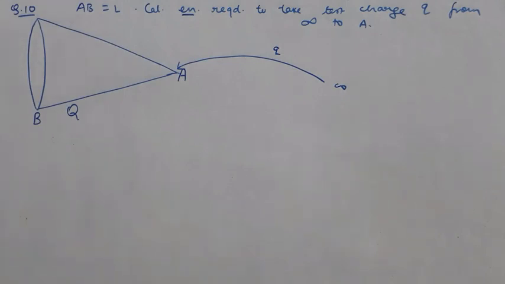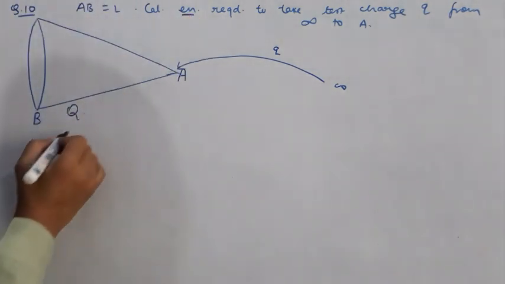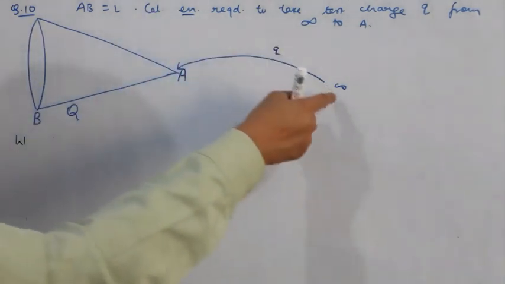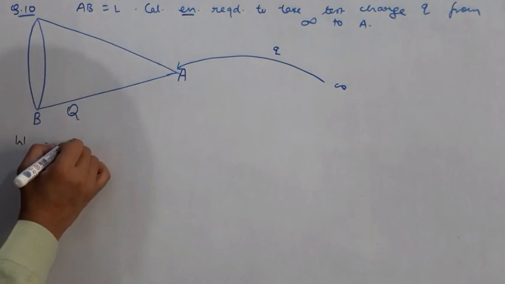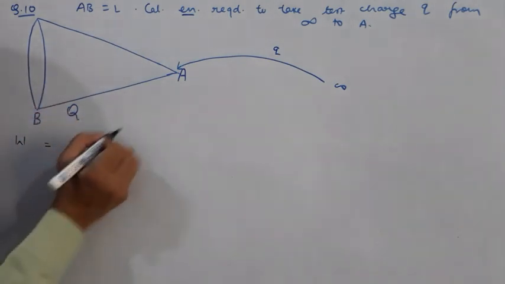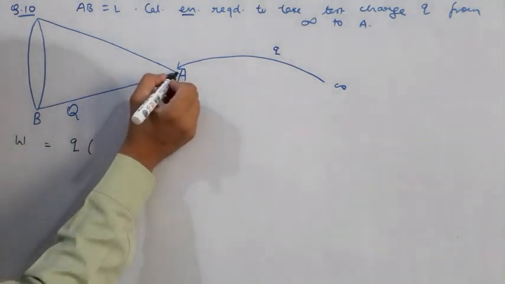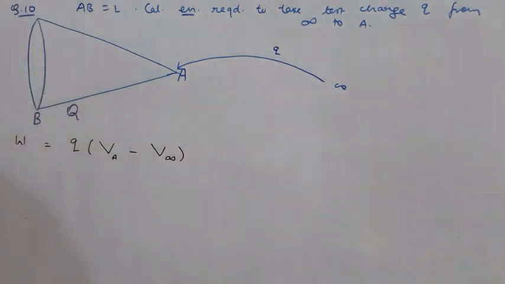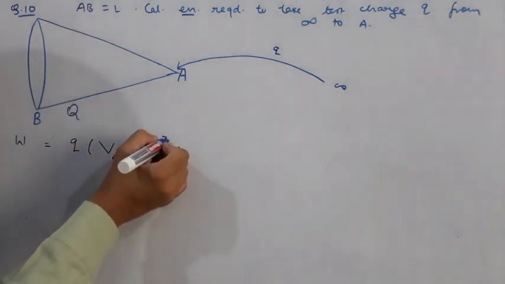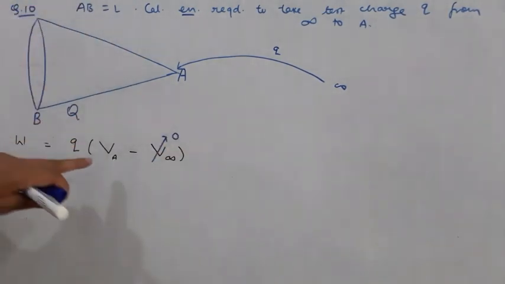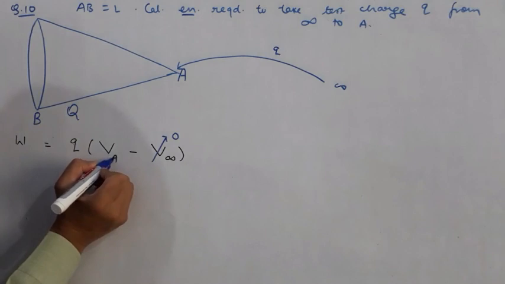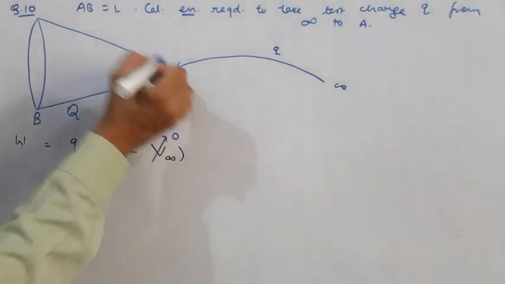So you know, students, how to find this work done or energy required. This energy required is nothing but the total work which you have to spend in bringing this charge q from this point to this point. And work done, you know the formula, it is charge multiplied by potential difference. So charge is q, potential difference between these 2 points: V at A minus V at infinity. Now if you remember, by convention, we choose potential at infinity to be 0. So this becomes 0. So our question now reduces to finding the potential at A. What is point A? It is the apex of this particular cone.